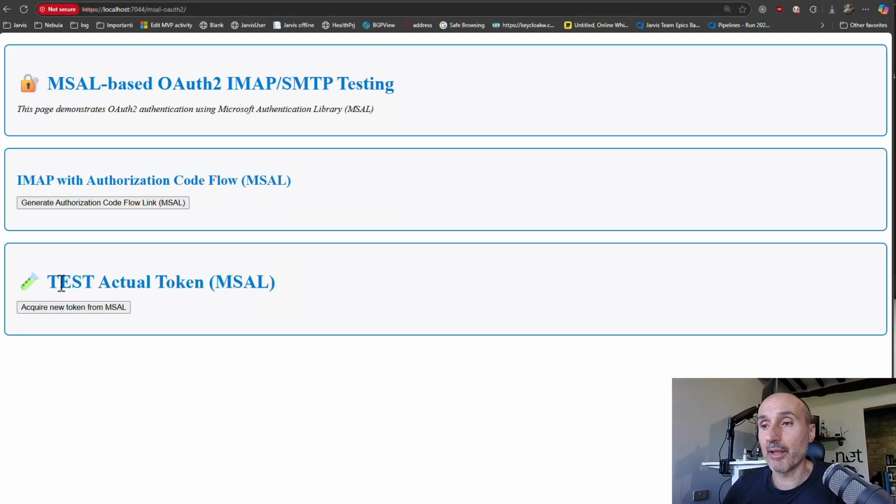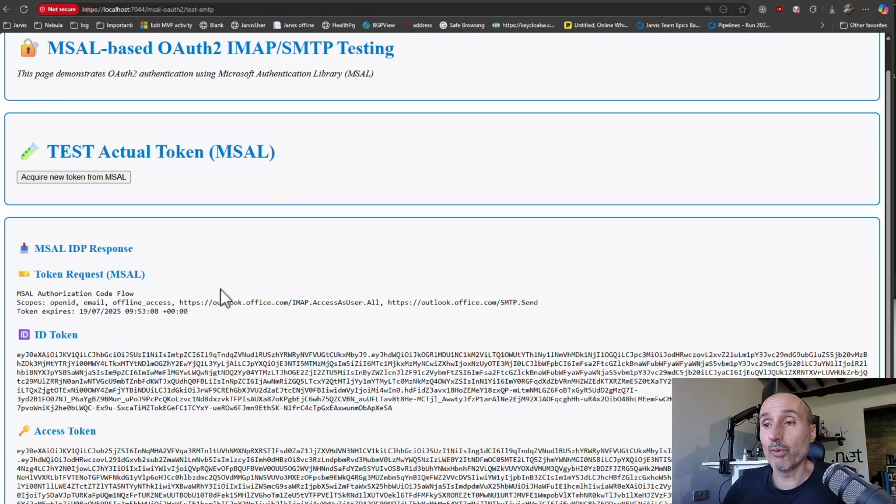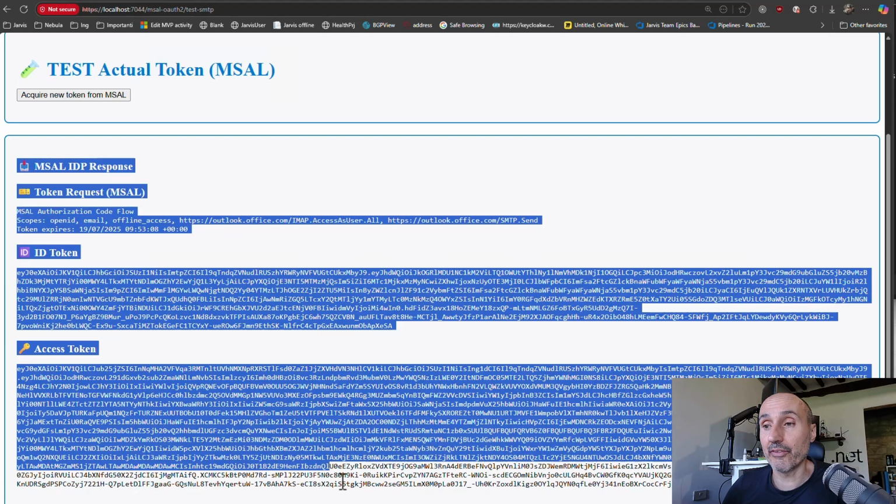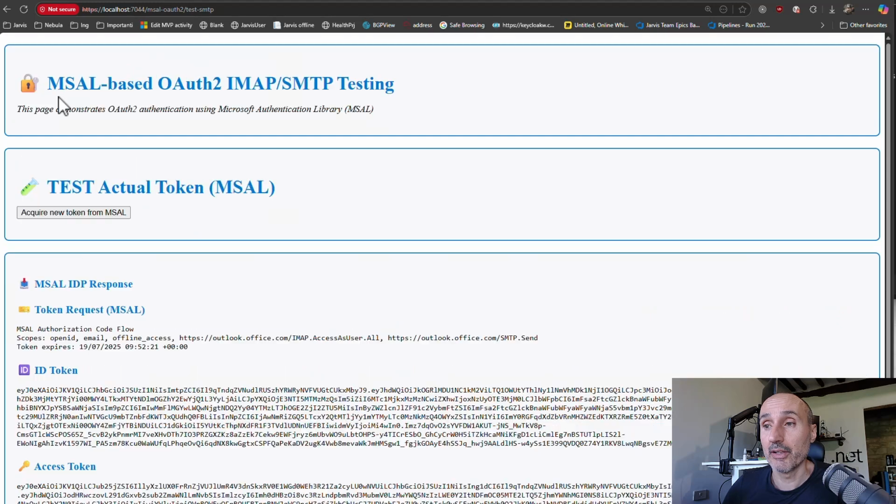And as you see, I have the button acquire new token from MSAL that is enabled, because even if I shut down and restarted the application, I could reload the information, the secret, the refresh token from the file. And as you can see, I can acquire an access token again and again and again,